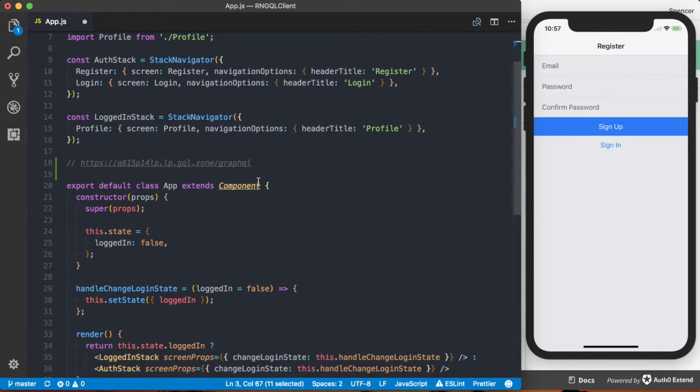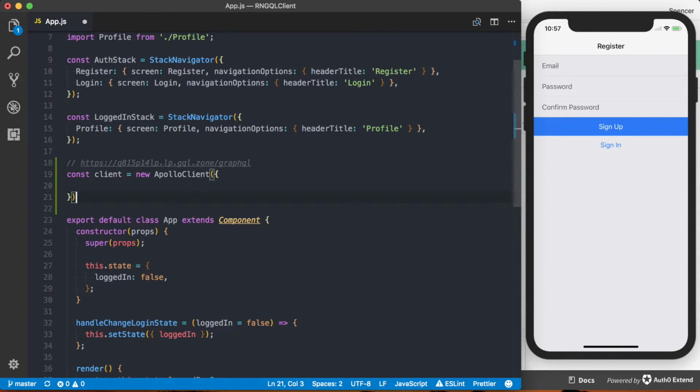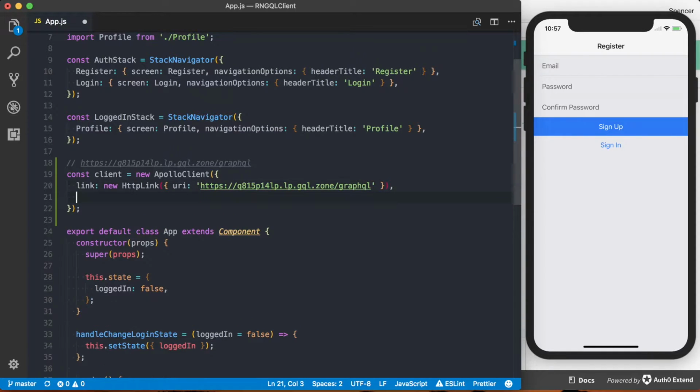With those, what we want to do is actually create a new client which we can then use with Apollo provider. So what we'll do is say const client is equal to a new Apollo client, and inside of Apollo client we can pass a configuration object. First thing we've got is link, which is going to be a new HTTP link, and inside of there we want to pass the URI. That URI is going to be our GraphQL endpoint, so I can pass that in here. The other thing we want to do is set up our cache, so we'll say cache is going to be